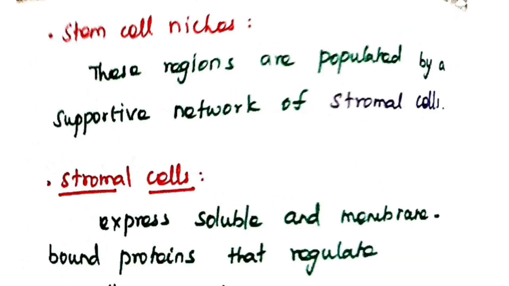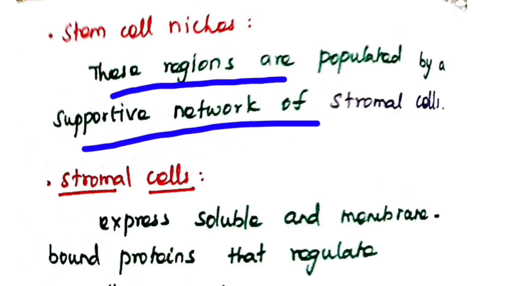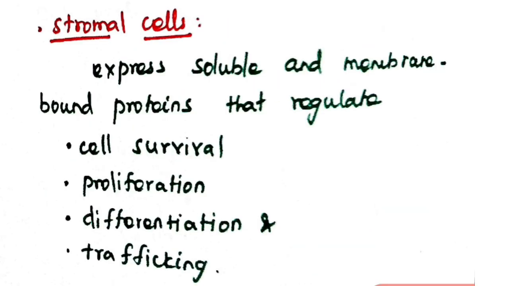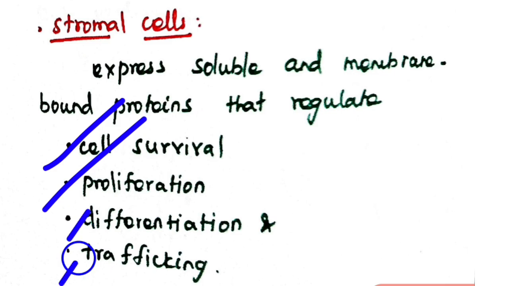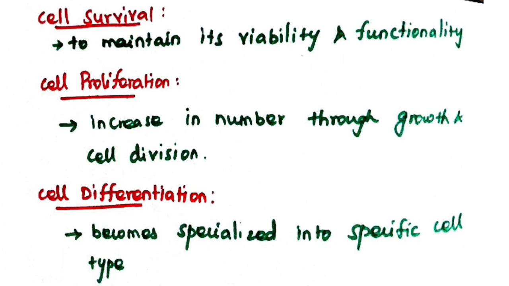Then these stem cell niches are populated by a supportive network of stromal cells. These stromal cells express soluble and membrane-bound proteins that regulate cell survival, proliferation, differentiation and cell trafficking. Cell survival is the ability of a cell to maintain its viability and functionality. Then cell proliferation. Cell proliferation is a process by which cells reproduce themselves, thereby increasing cell number through